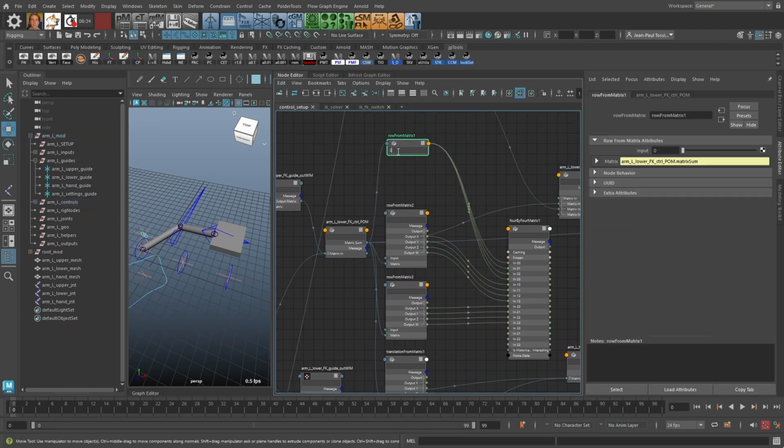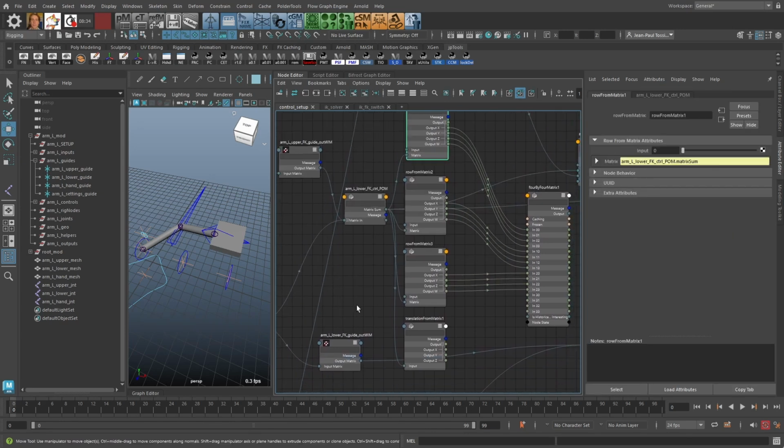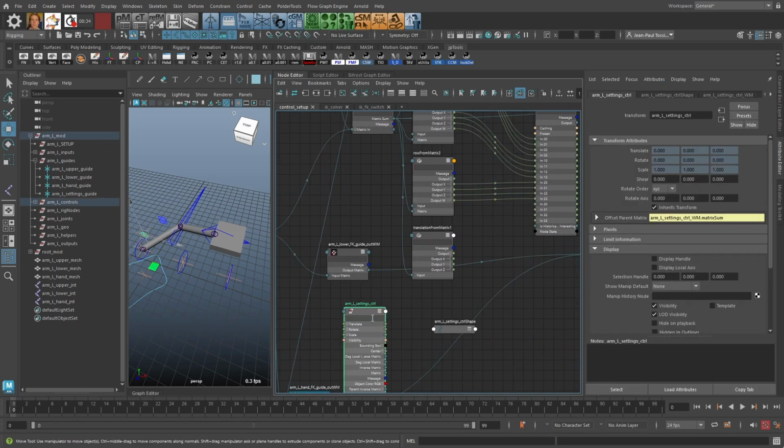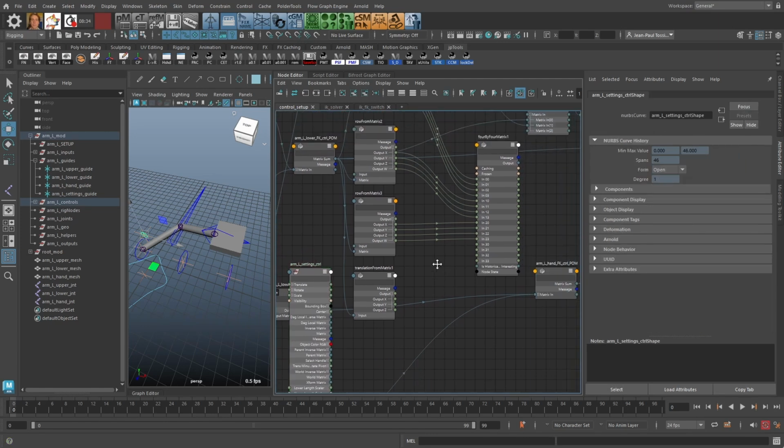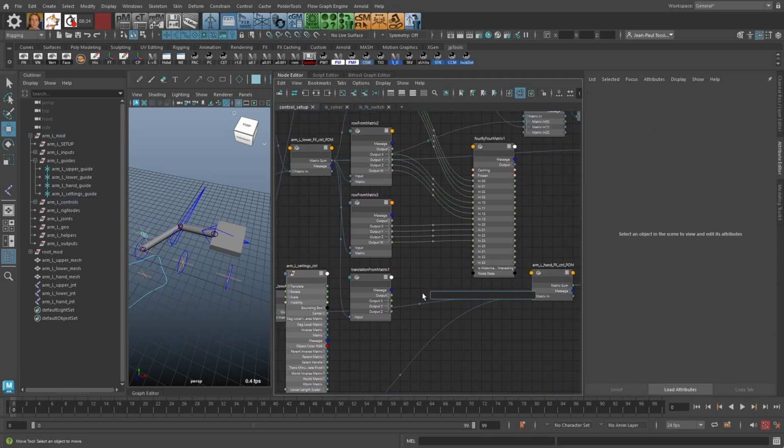Maya does this sometimes. It just catches the 3 button in the search bar, and it's quite annoying. So we're here. So now what we need to do is create a multiply node again,